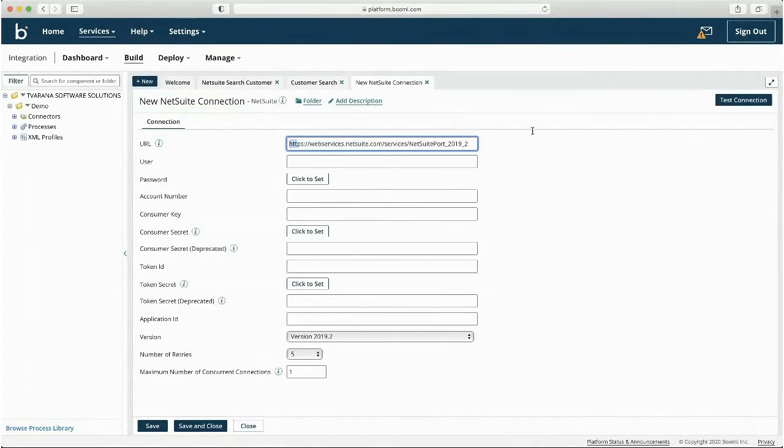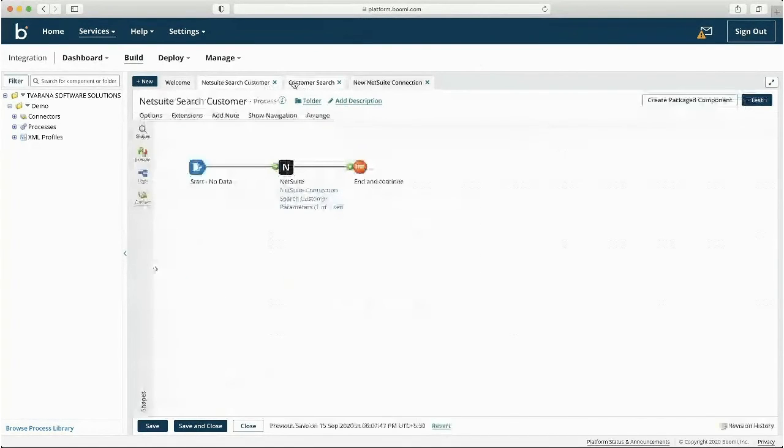We're trying to add a connection and the latest web services URL is pre-populated here. We'll be using token-based authentication, for which we need the account number, consumer key, consumer secret, token ID, and token secret. In the interest of time, I've already set up the connection, which I'll show you in a bit.